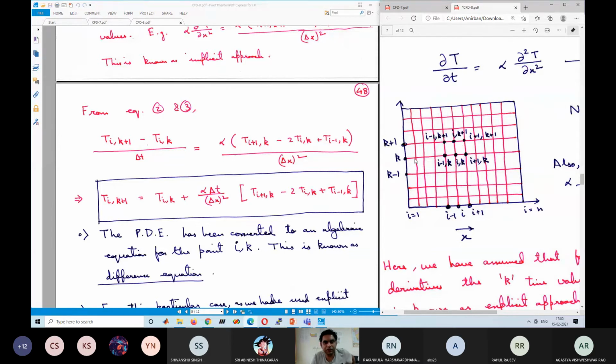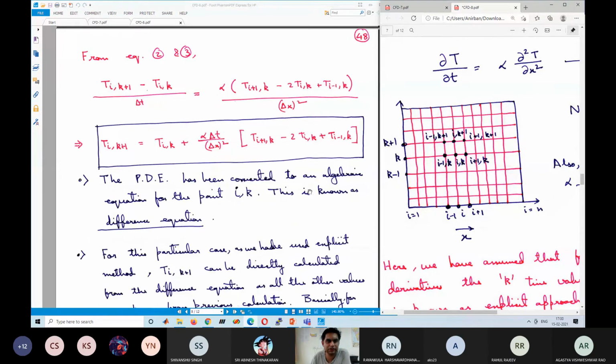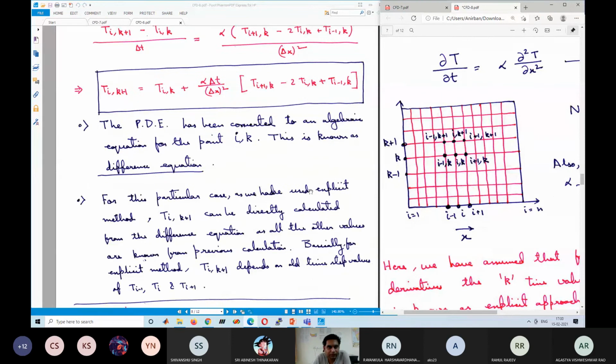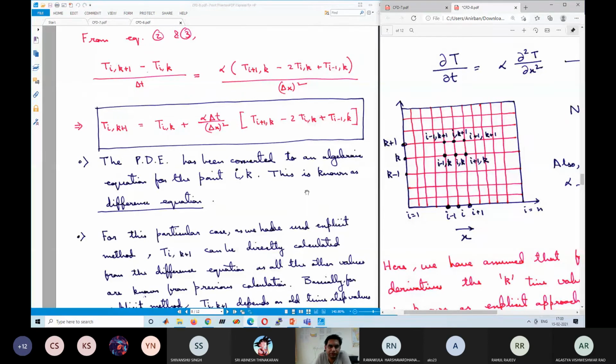So if you know all the previous time step values, you can directly calculate all the next time step values. Once you know all the next time step values, then you can calculate again the next time step values. So you can just proceed along the time direction step by step. This is known as time marching. Any confusion? I will show you using a diagram also how this time marching occurs. I will show you the algorithm from the beginning so that you can implement easily. But at this point, try to understand so it will be more clear to you.